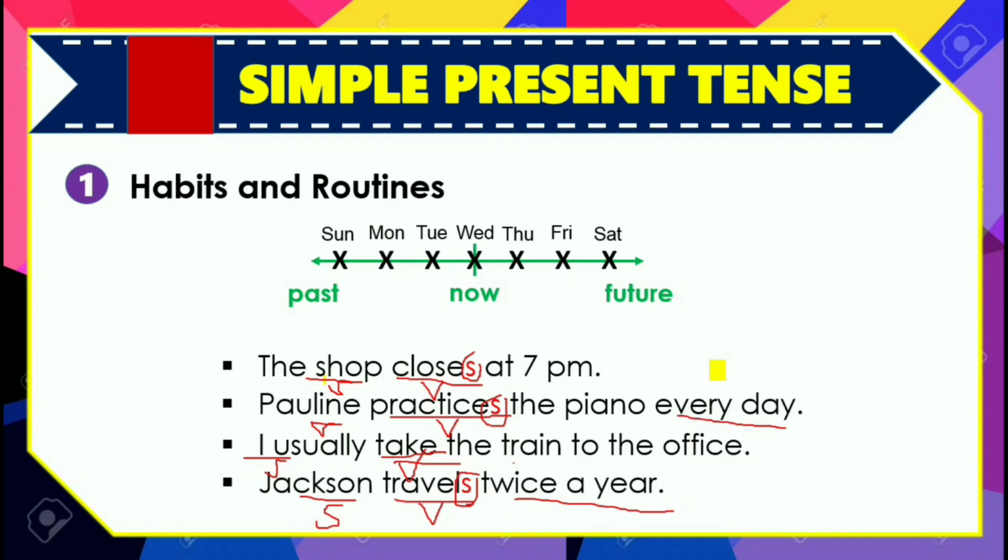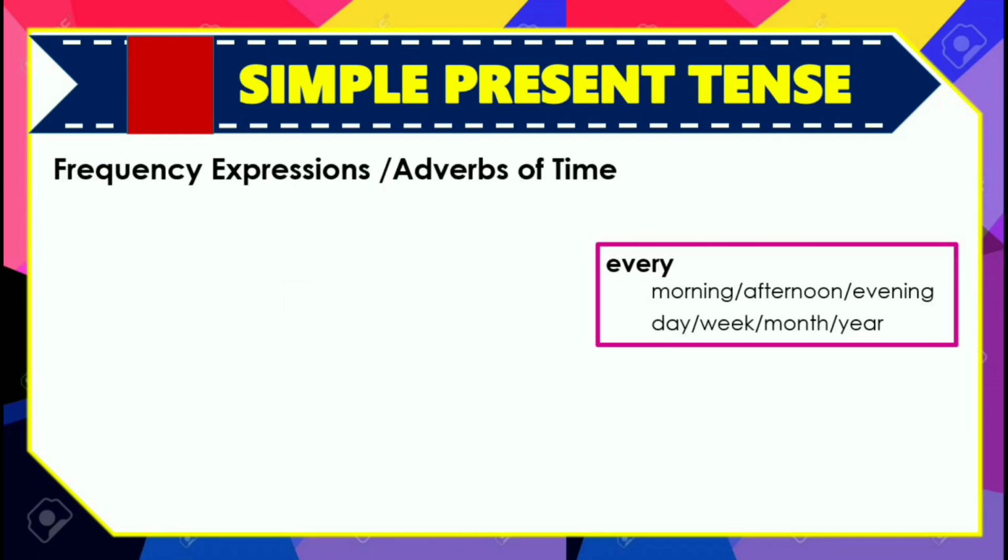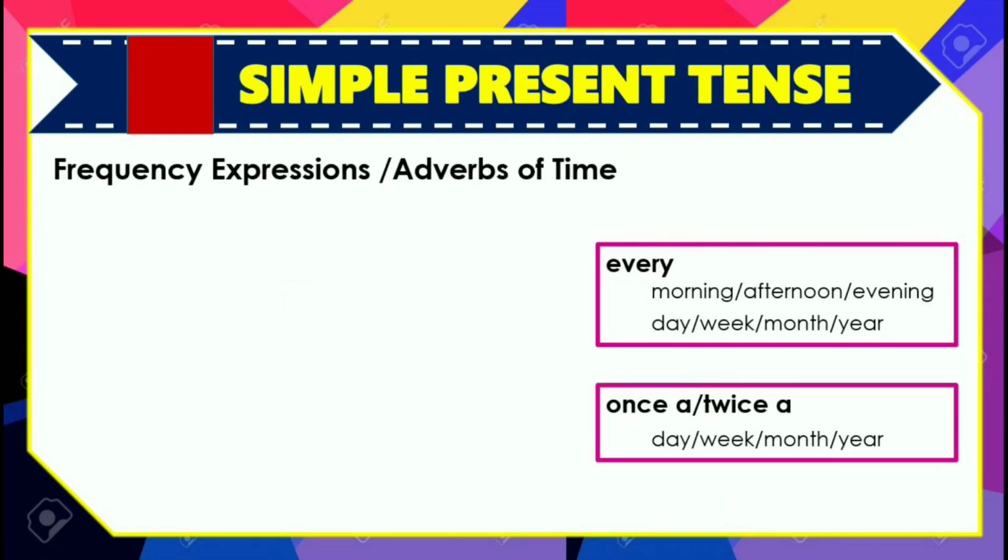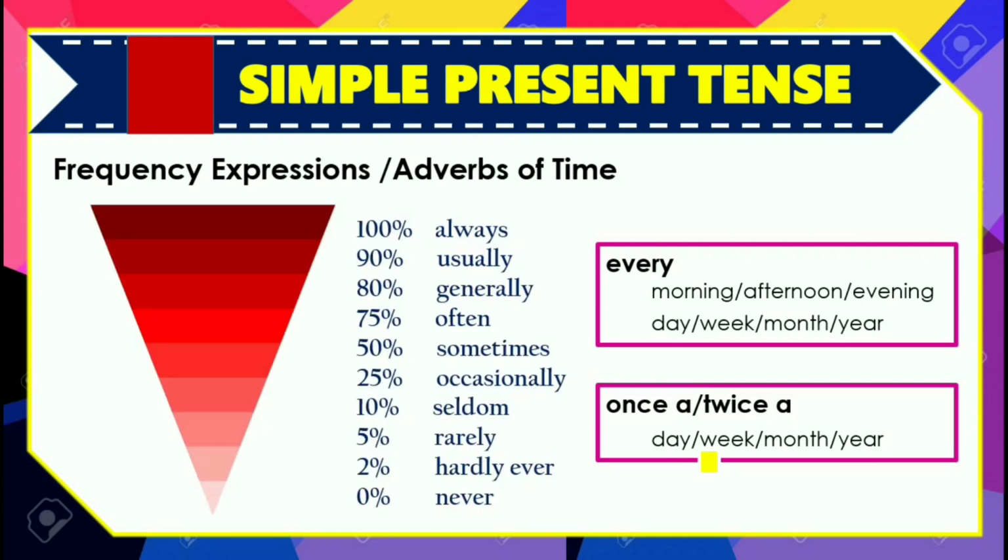Now you can see how frequently and how often the action happens. We have here every day, usually, twice a year. When we talk about routines or habits, we normally use these kinds of expressions. Expressions like every, once a day, or twice a day. Adverbs of frequency such as usually, often, sometimes, never, always, generally, and others are very common in sentences with the habit use of simple present